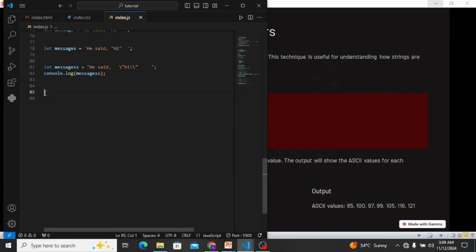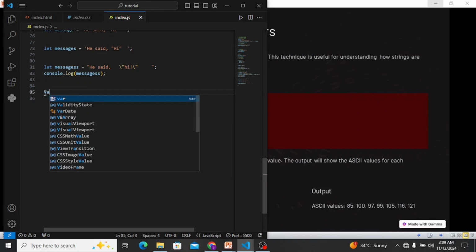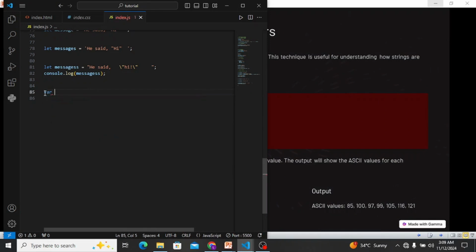Let's say var, and the variable name, let's give it a name, myString, is equal to